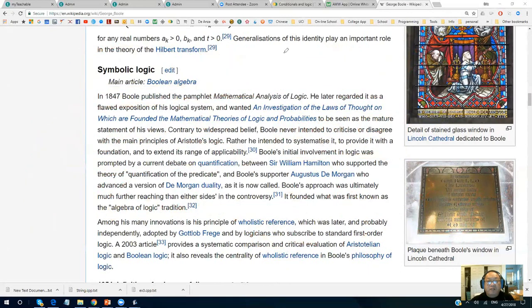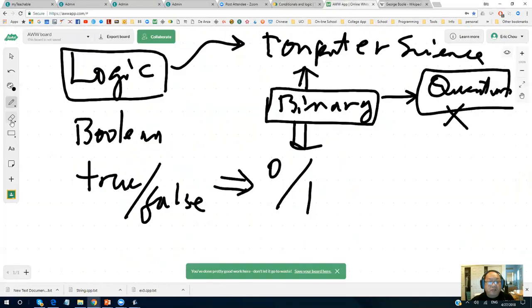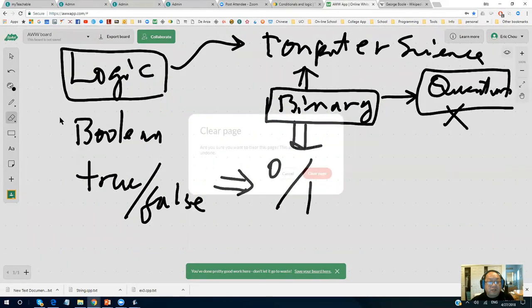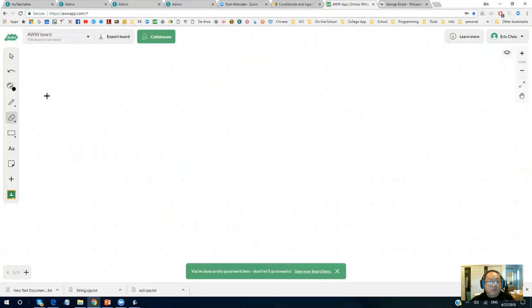Now, what is formal logic? Formal logic doesn't work that way. Formal logic is different. We need to be able to formulate it.